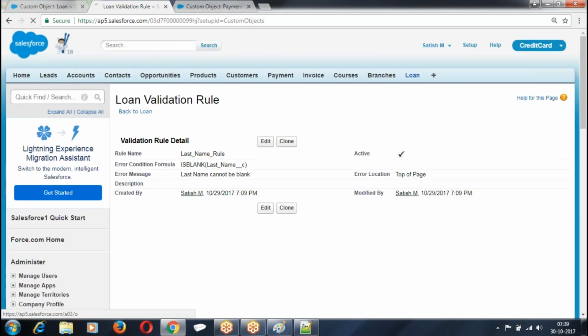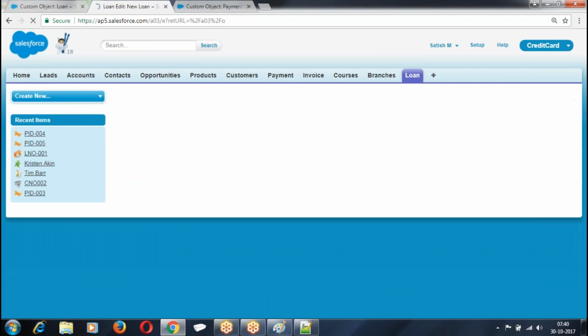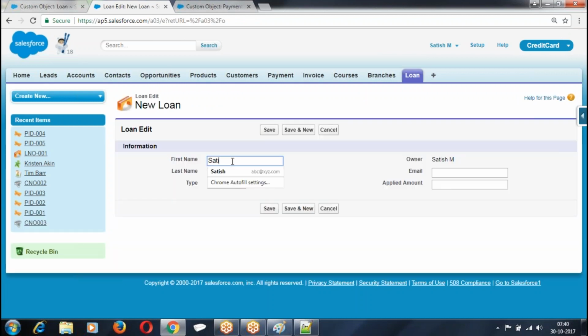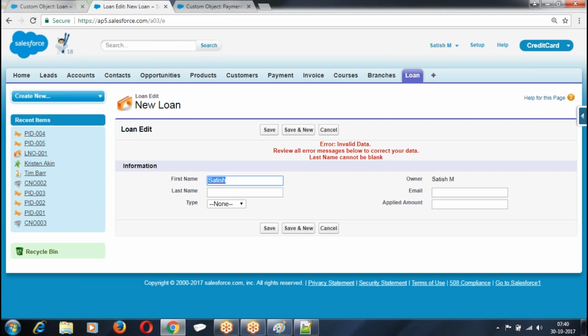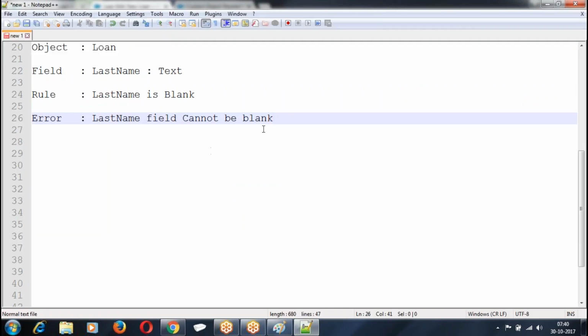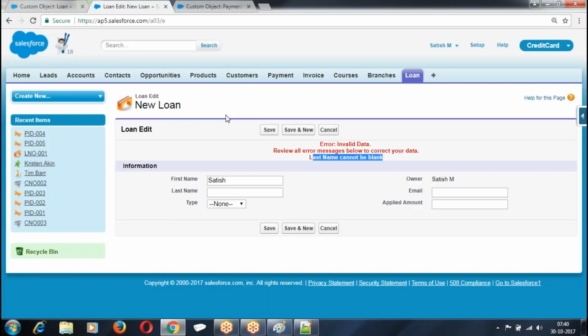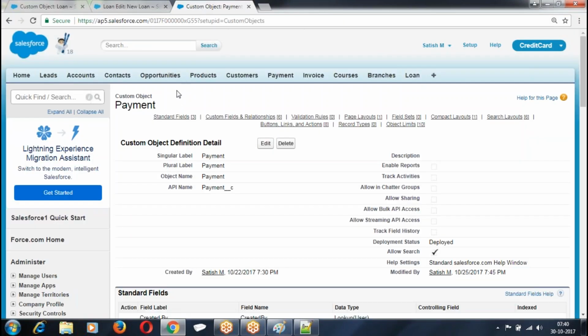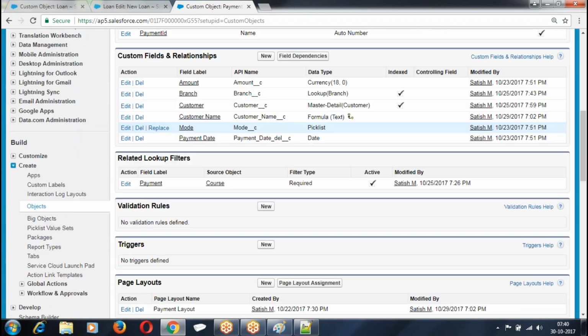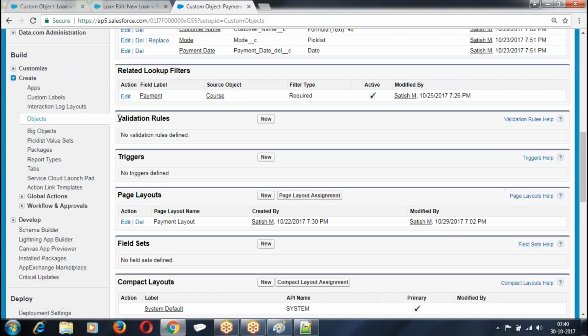Go to the loan object. We are getting the error message: last name cannot be blank. The basics, right? Now let us do some more. I hope I'm clear with this. On the object, we have standard fields, custom fields. Below that you are finding